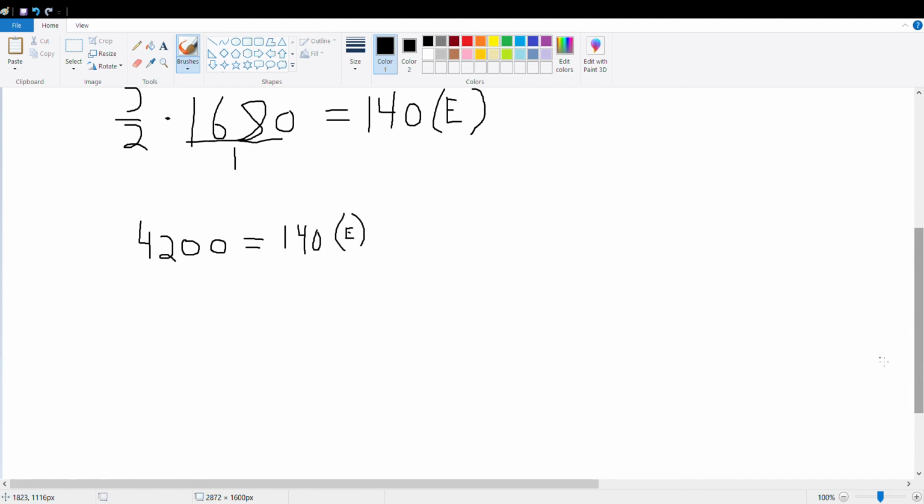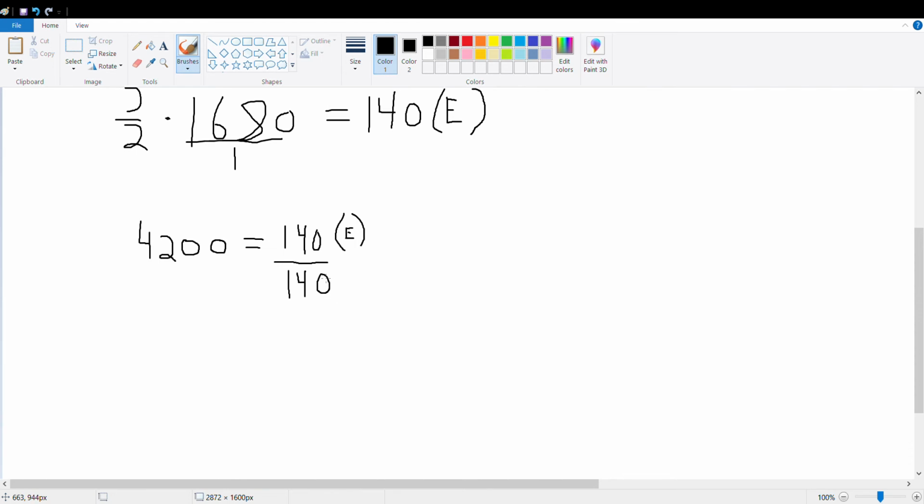So now we always remember with these type problems, we're trying to get our variable by itself because we want it to say E equals our answer. So in order to get E by itself, we have to get rid of this 140 here. So since it's 140 times E, to get rid of it, we do the opposite sign. The opposite of multiplication is division. So we're going to divide it